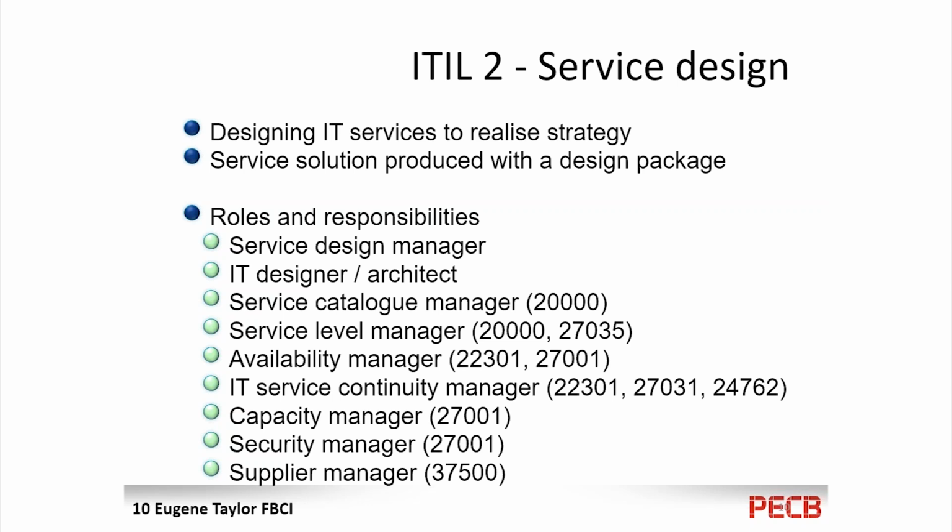Those controls will tell you that you need to address these things in any case if you have a 27001 management system in place. IT Service Continuity Manager, if you look at 22301, which is business continuity, it talks about your services and your backup and your IT and your infrastructure. If you did a business impact analysis, what's important to you and what isn't. And there's a couple of other standards. So all of these